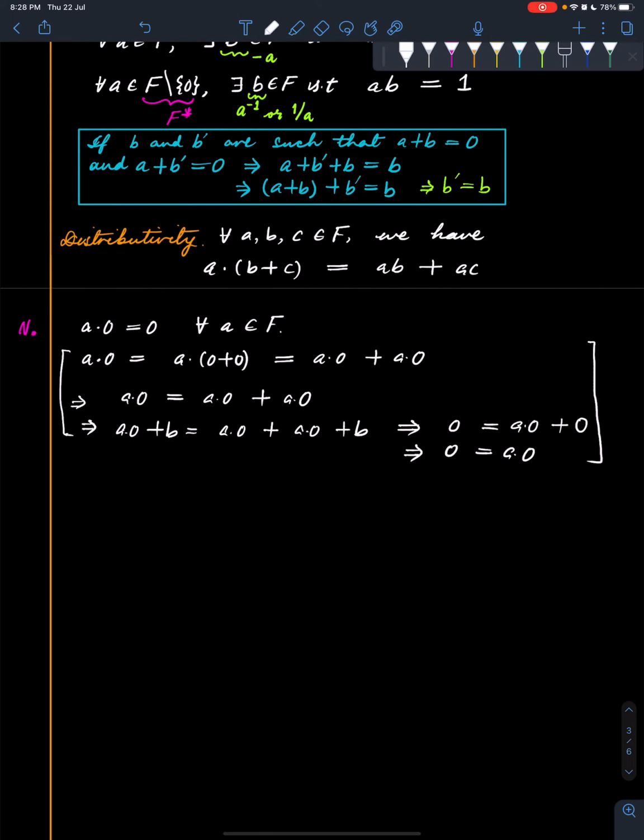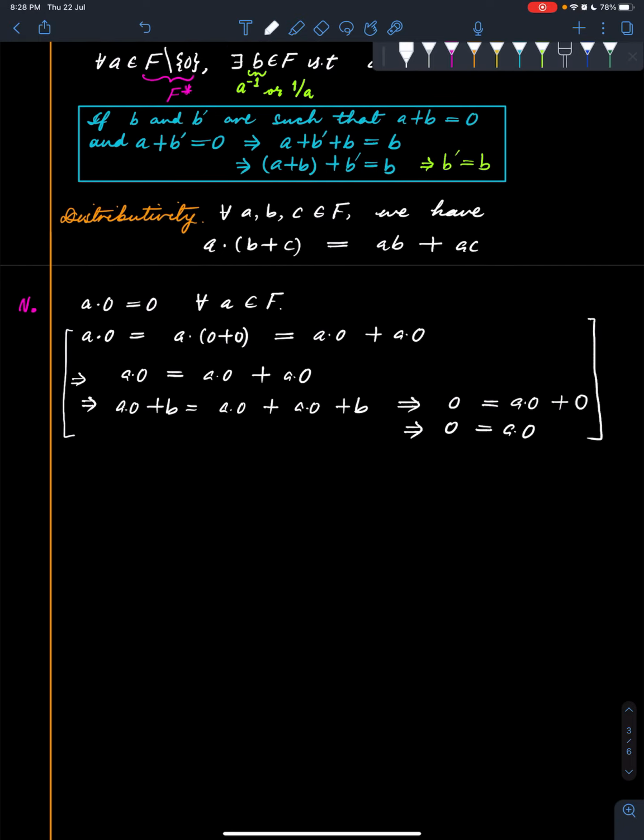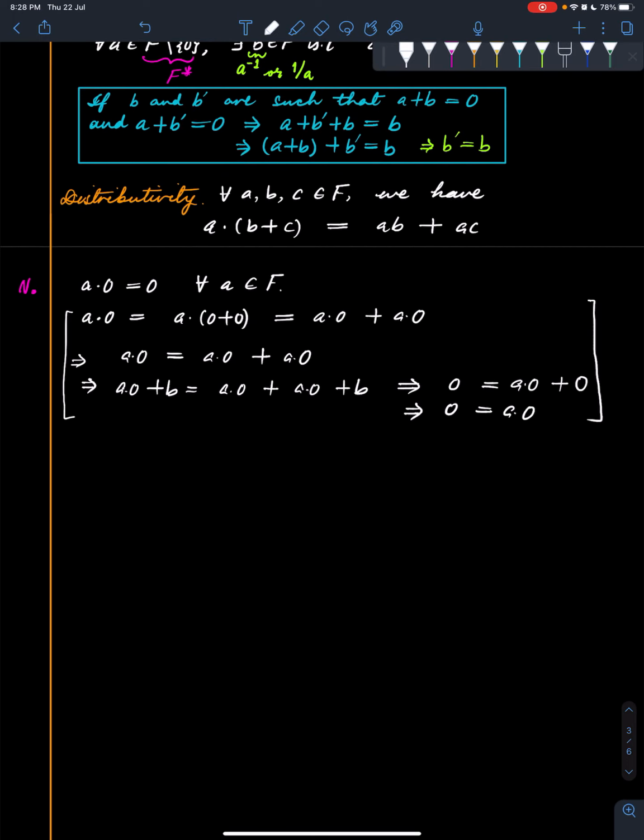So again, this is all behaving in the same way as things behave in rational numbers. Alright, and now we note the second thing. So now I want to say that if we multiply minus 1 with A, we get the additive inverse of A. And the reason is that A dot (1 minus 1) is A dot 0 equals 0, which implies that A dot 1 plus